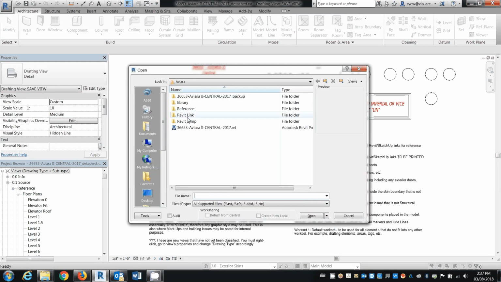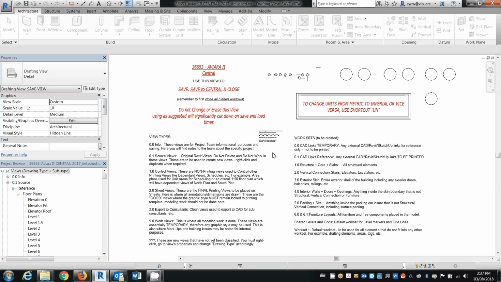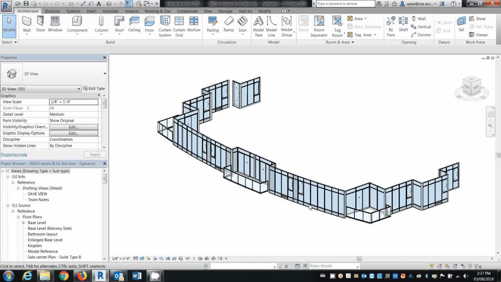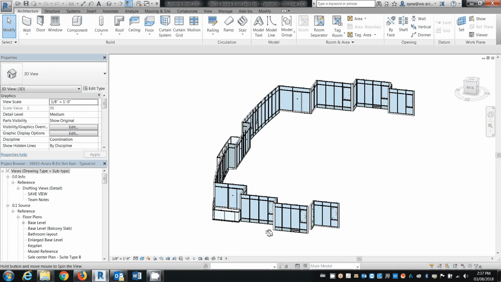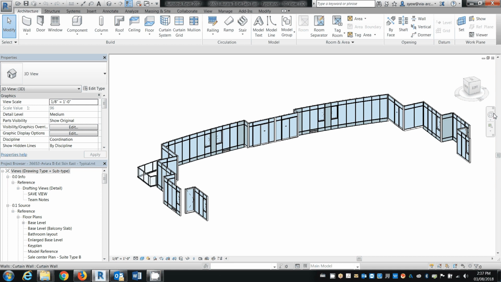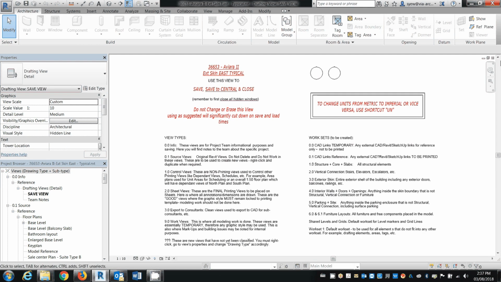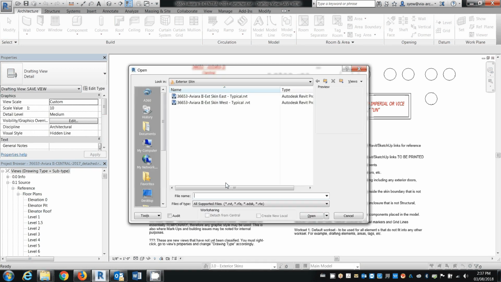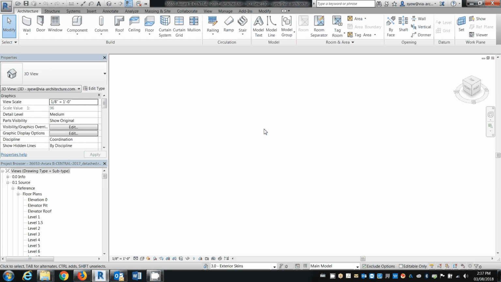I'm just going to show it to you. It's pretty simple. This is the exterior skin. There's nothing to it. It's pretty lightweight, only like 5 megabytes. So if I open that up and show the size, you notice that it's only 5 megabytes, so it's not that big. But once you place it inside a model,